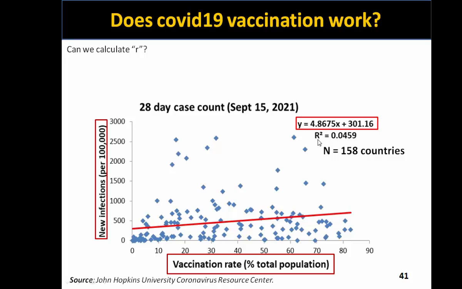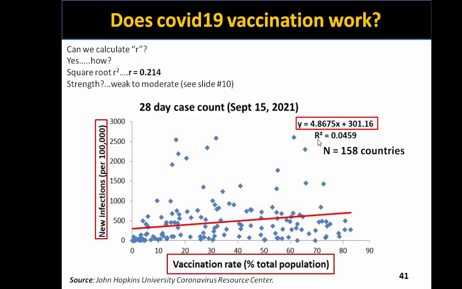And yes, we can. But how do we do that? Well, we take the opposite approach to computing a square, and that's to take the square root of R squared. And so if you type 0.0459 into your calculator and hit the square root symbol, you'll get a PPMC, an R value of